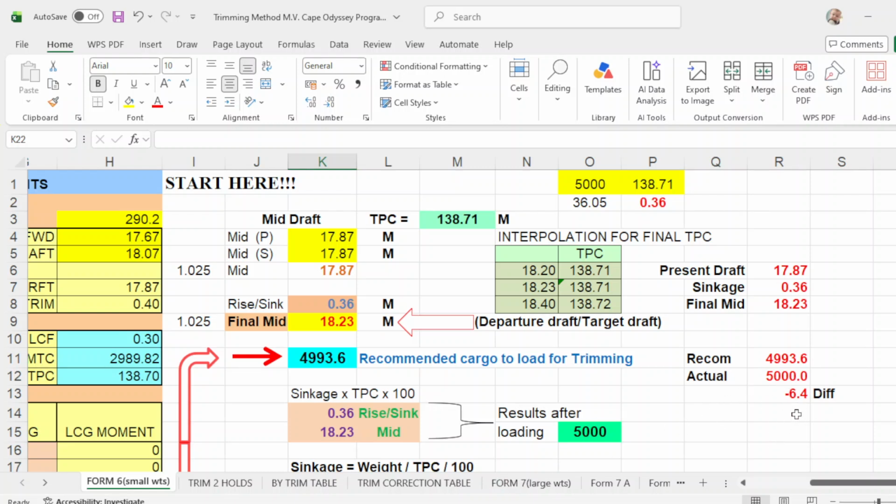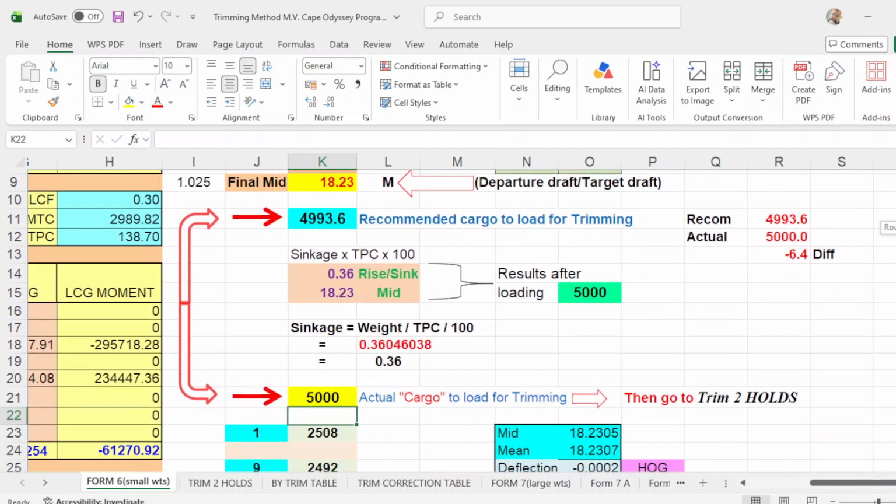That's a difference of only 6.4 metric tons. And the other one for sinkage is the weight, 5,000 divided by TPC, divided by 100, then you will get your sinkage of 0.36. Okay? So 5,000 is the actual cargo to load for trimming.